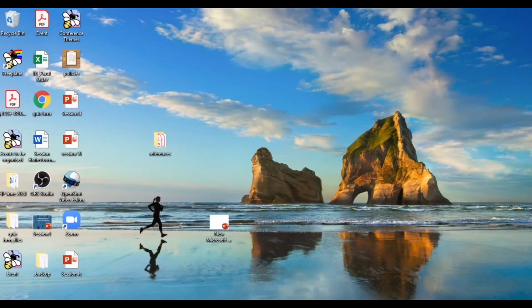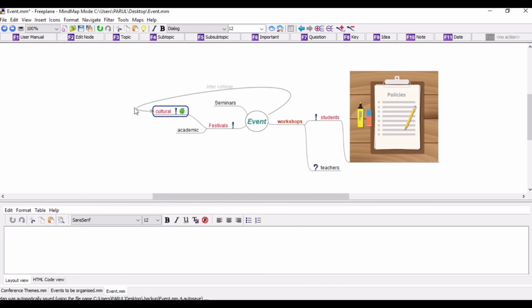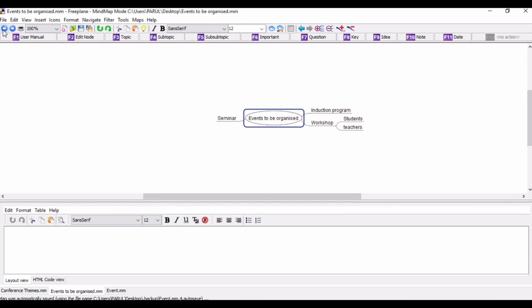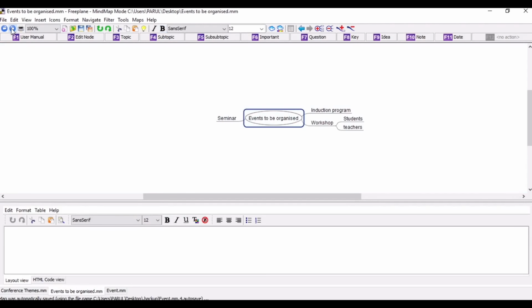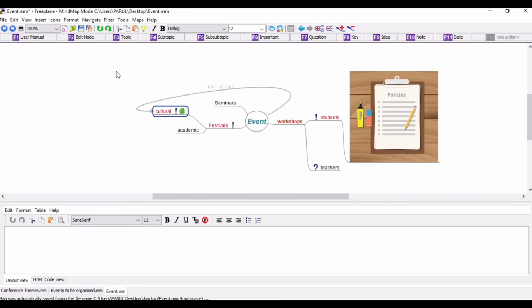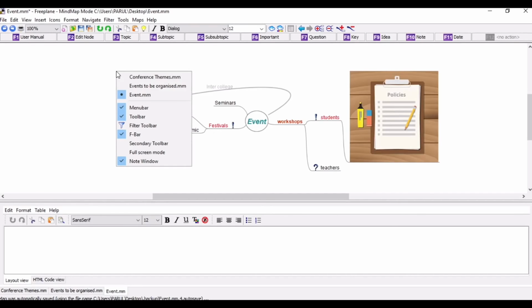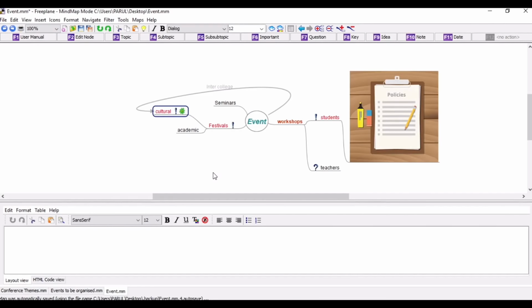I go again back to the main page. If I want to go back, these are for previous mind maps, so I've already created these mind maps. These are for moving forward, right? If I want to add a background color, I can have a background color as well.